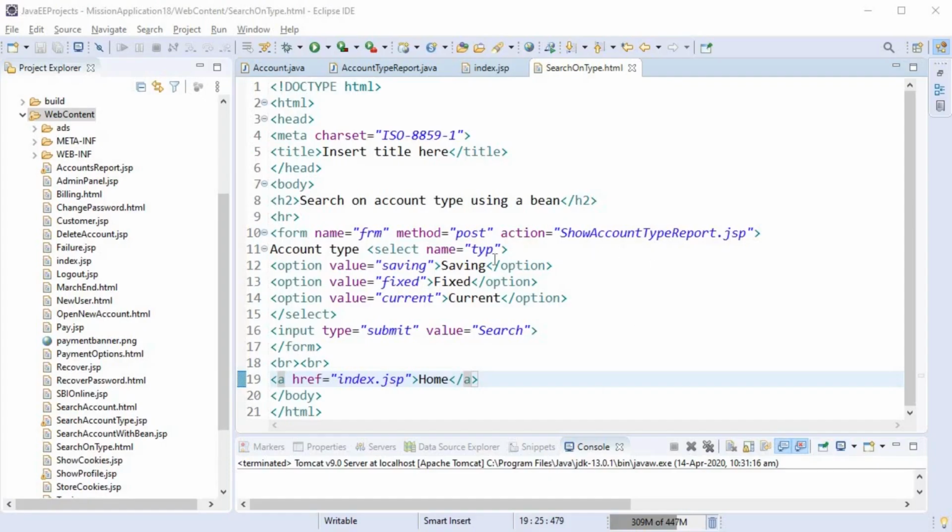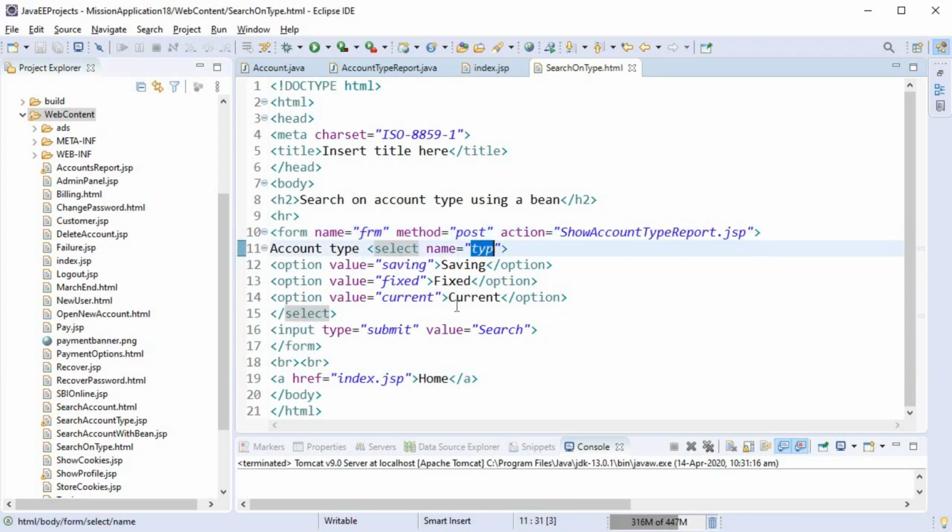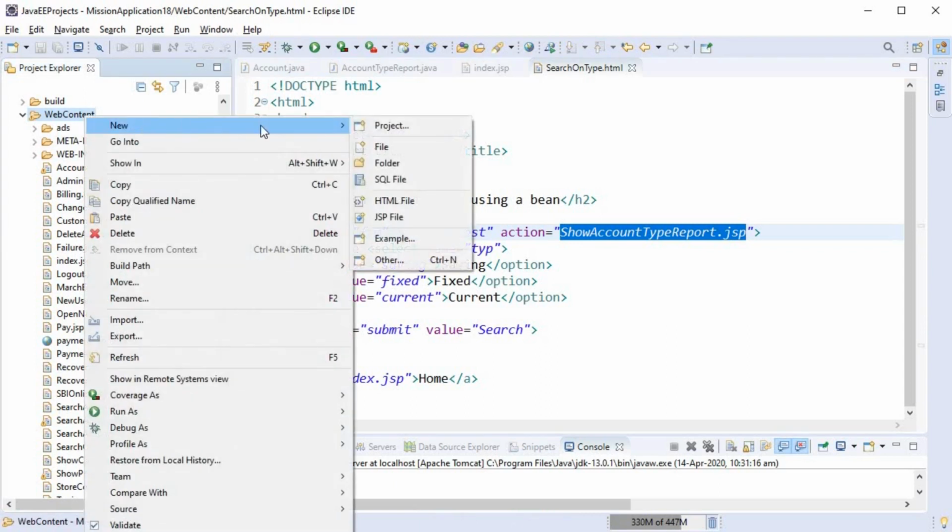Now the next thing we'll have to do, the last thing actually, is create this JSP show account type report.jsp, which will be invoked when we press the submit button from this HTML form, and that will test our bean for reporting. So let's create this JSP. Right click web content, new, and take a JSP file.